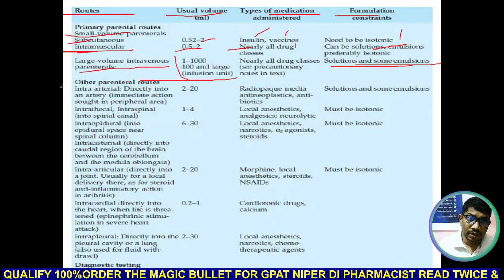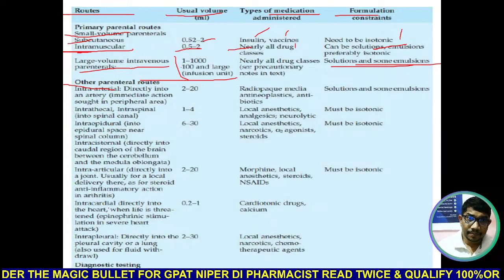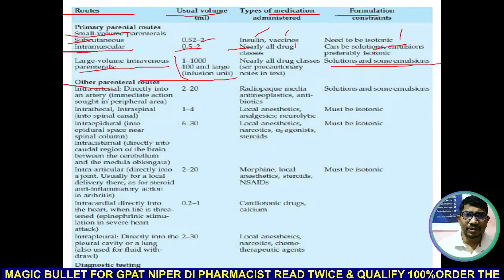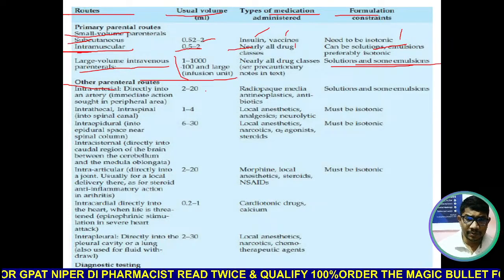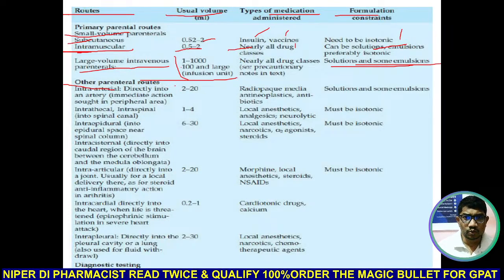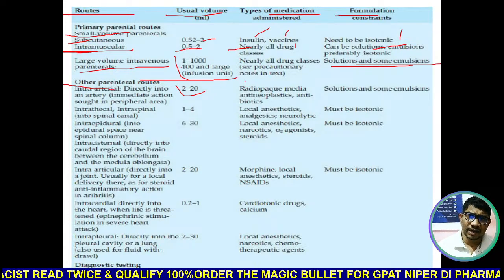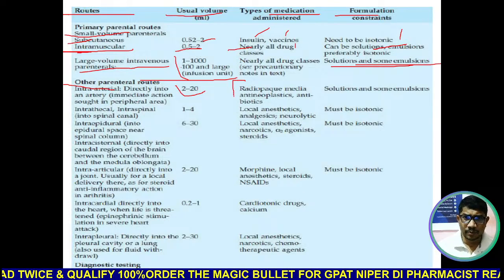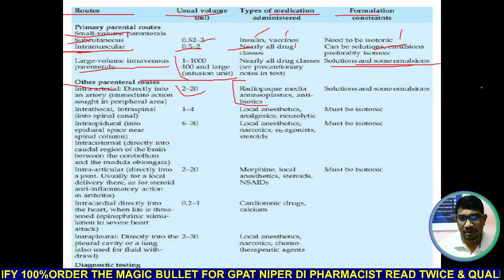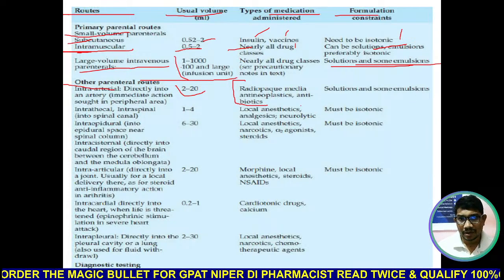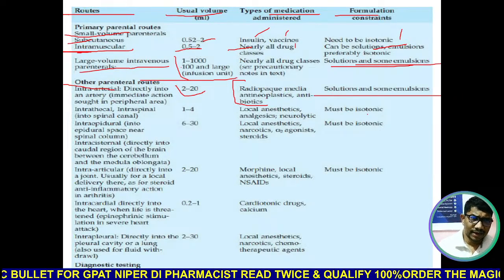Now other parenteral routes, बाकी other parenteral routes कौन से, तो इंट्रा आर्टेरियल मतलब क्या है, डायरेक्टली इनटू द आर्टरी फॉर द इमीडिएट एक्शन इन पेरिफेरल एरिया. So in the artery you can inject around 2 to 20 ml drug. So it is intra-arterial injection. Artery में injection क्यों देना है, for the diagnosis, like radio-opaque media, then antineoplastic drug, anti-cancer drug can be given, antibiotics can be given. Again यहाँ पे solutions and some emulsions can be injected by intra-arterial route directly into artery,